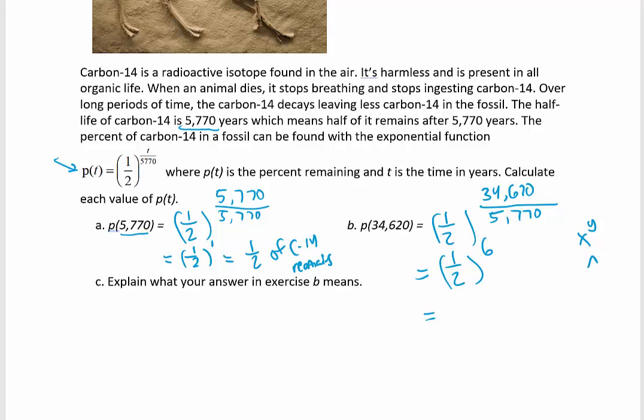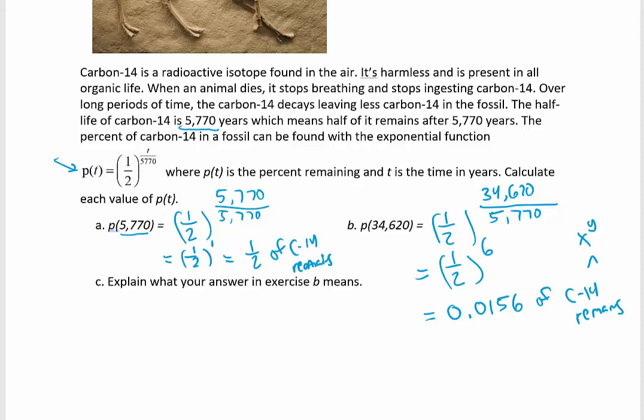Either one will raise this 0.5 to a power. So 0.5, x to the y, and I want to raise that to the 6th power. That's going to give me 0.0156, basically, of C14